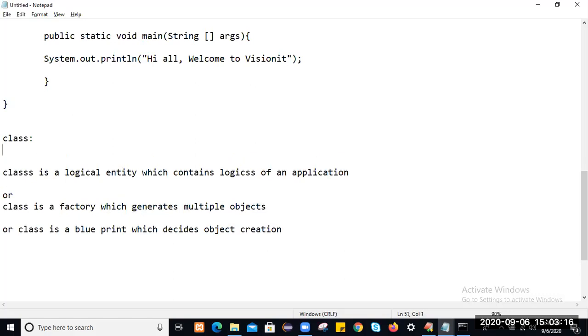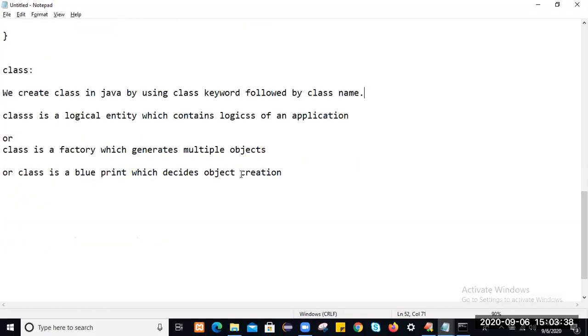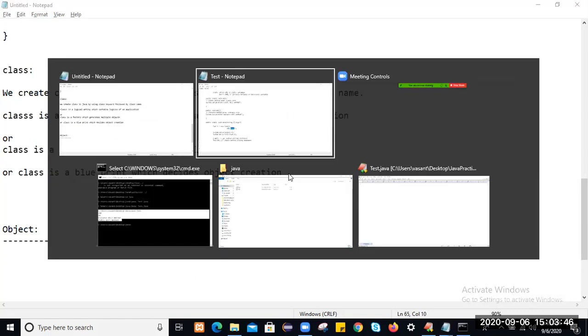How to create a class? We create a class in Java by using the class keyword followed by the class name. Like that we create a class in Java. So how to create an object then? What is an object? Anyone? You know how to create an object in Java?